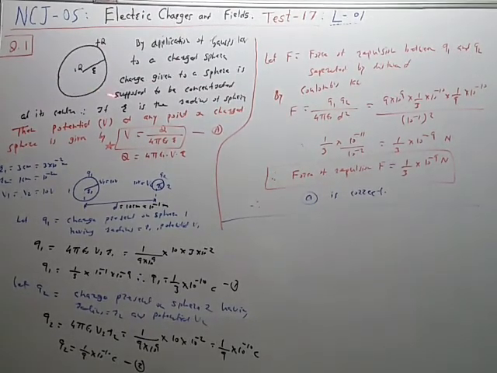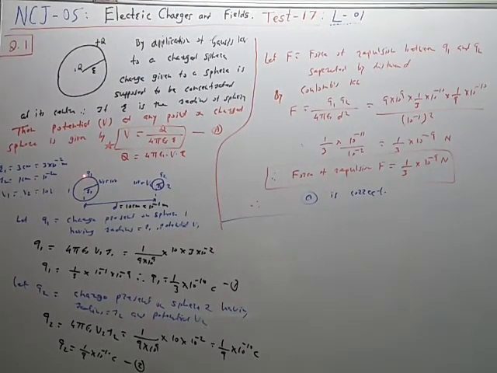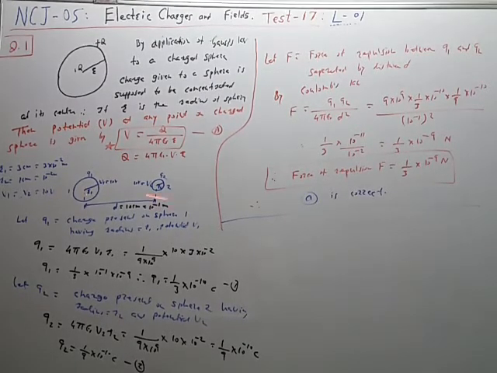Charge given to the sphere is supposed to be concentrated at its center, and therefore this Q charge appears at its center, and any point on the surface of the sphere is at distance r from Q, and therefore potential is given by Q upon 4 pi epsilon naught r. Therefore charge is equal to 4 pi epsilon naught potential of the sphere multiplied by radius of the sphere. So using this formula, we have calculated the charge on first sphere, charge on second sphere. So we know Q1 by equation 1, Q2 by equation 2, and once we know Q1, Q2, we can find the force of repulsion by using Coulomb's law as Q1 Q2 upon 4 pi epsilon naught d square, where d is the distance between the centers of the two spheres.